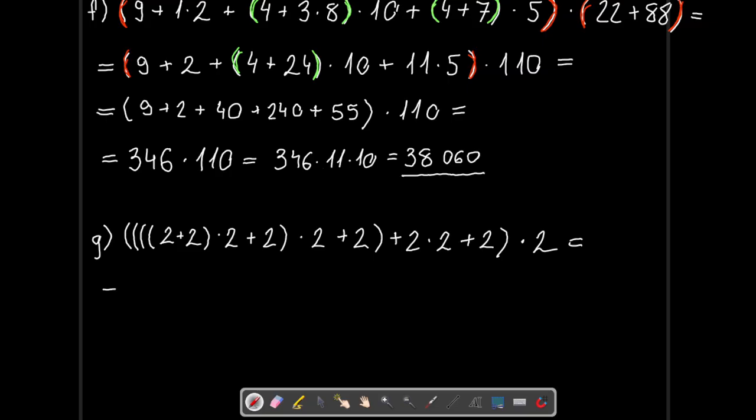But this looks terrible, but it's really not that bad. So we have one very wide bracket here. We need to solve it first, and inside of it we need to solve this bracket first. And inside this green bracket we have another bracket right here, the blue bracket. So we need to solve